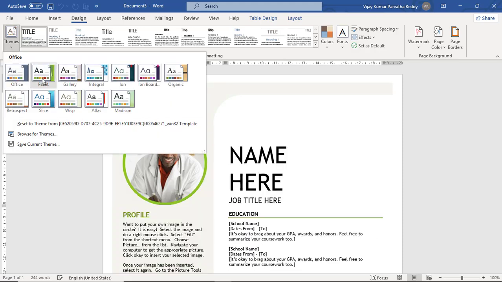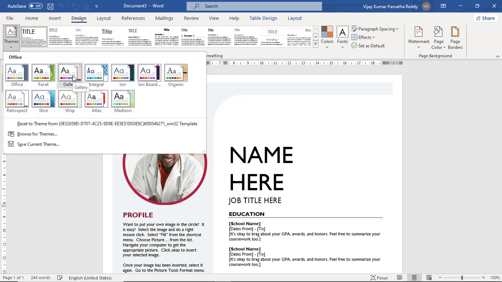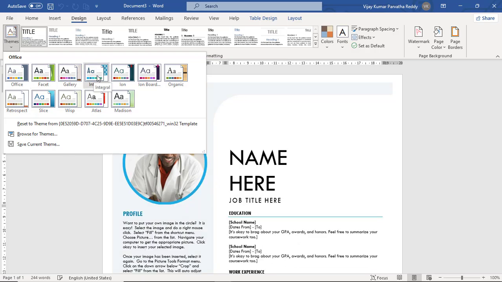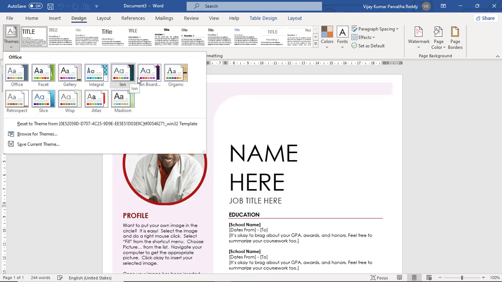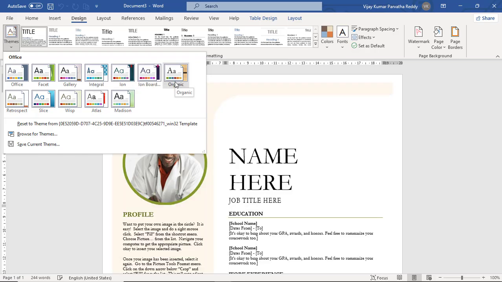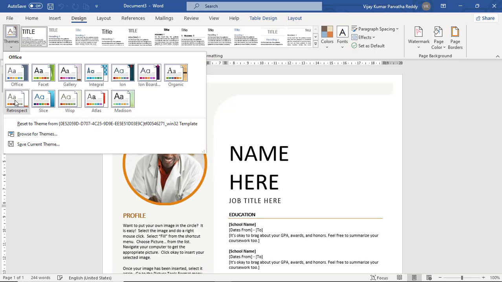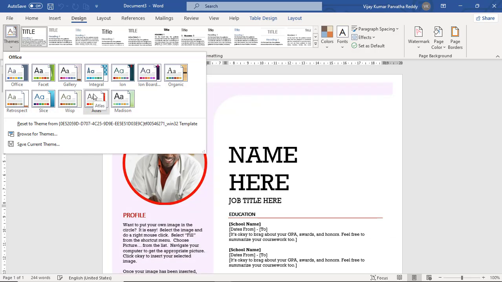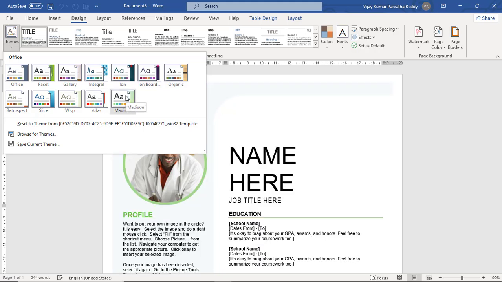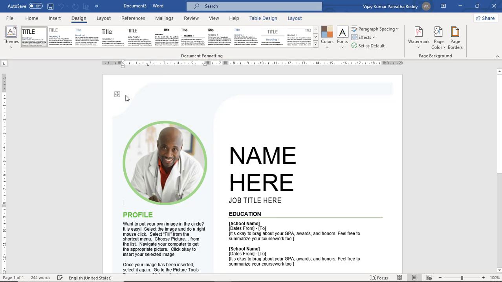See the document. When you move your mouse over a particular theme, the corresponding colors and adjustments automatically appear. You can select a particular theme and apply that theme to your document. Finally, click OK.